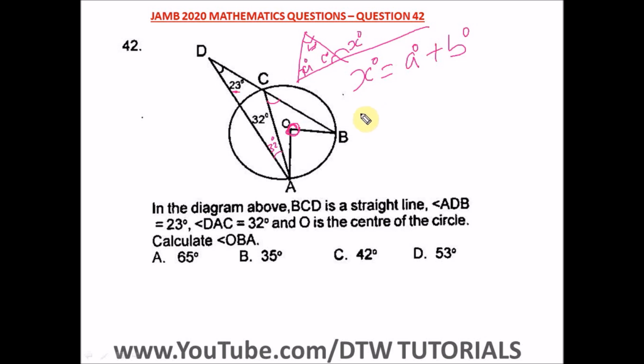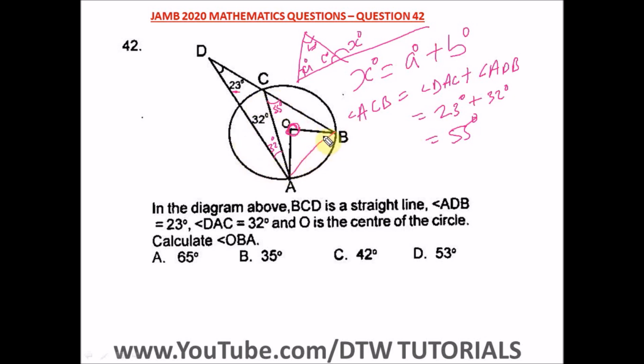So therefore, to find angle ACB, it is equal to angle DAC plus angle ADB, which is equal to 23 degrees plus 32 degrees, which equals 55 degrees. So here is 55 degrees. Let us now close this to give us a perfect triangle. Now if you recall, I hope you do recall,